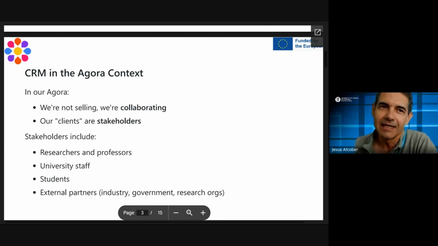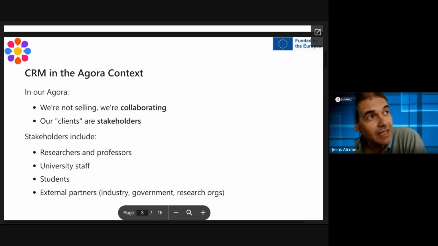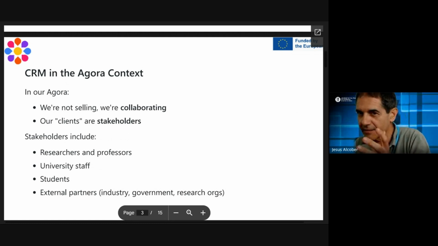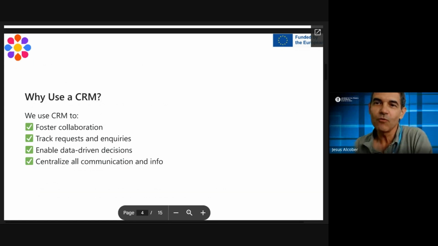In our case, in the University Alliances, we have different types of stakeholders, such as researchers, professors, academia, the university staff, and students as well. They are part of our stakeholders, and so are external partners, industry, government, etc. This is our set of stakeholders. And why are we using a CRM? We are using a CRM because